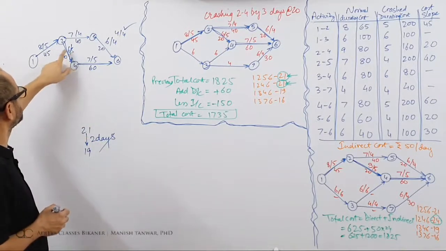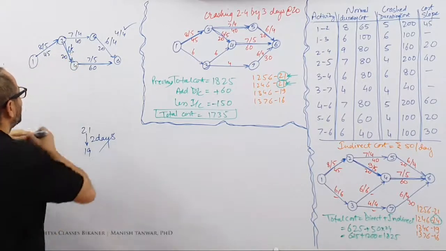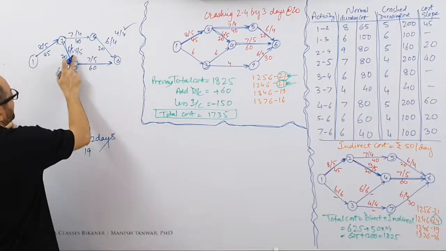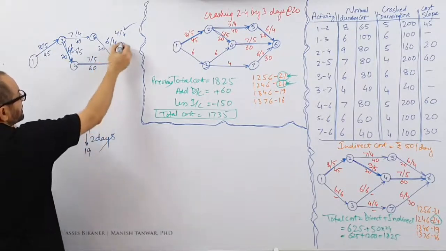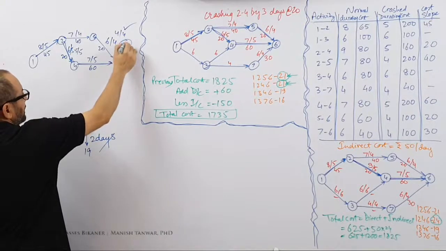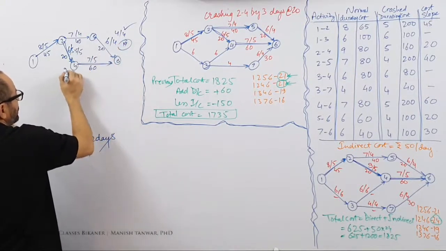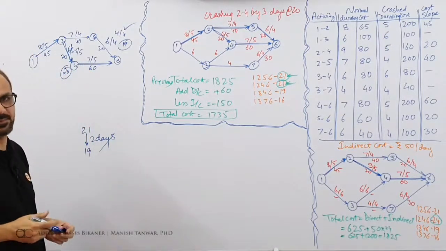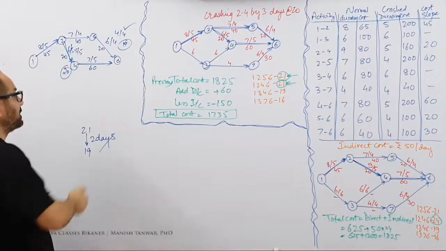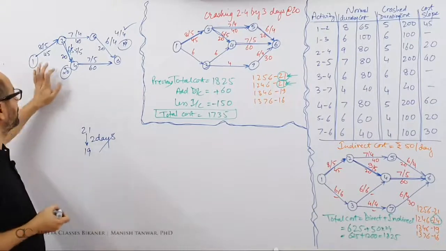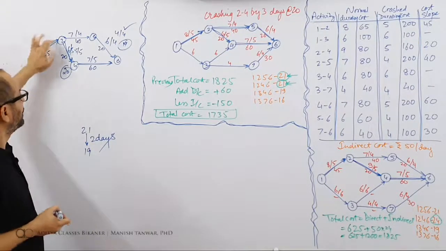What I'll do is, I'll reduce 1 day over here and see what happens. If I reduce it to 5, 5. What happens? 8 and 5, 13, 13 and 7, 20. This has come down to 21. From 21 it has come down to 19. But what about this? This is only down to 8 and 5, 13, 13 and 7, 20. This is not acceptable. And there is no fun in giving 20 rupees over here, when you are only saving 1 day over here.